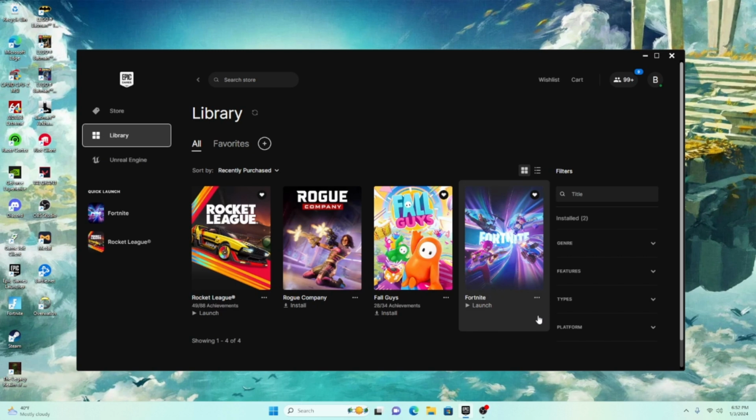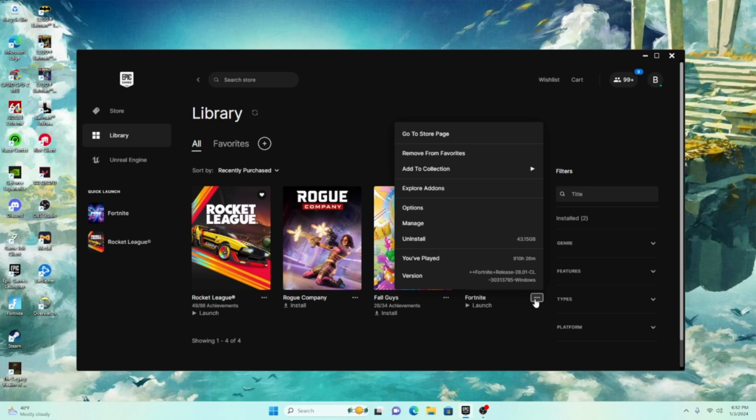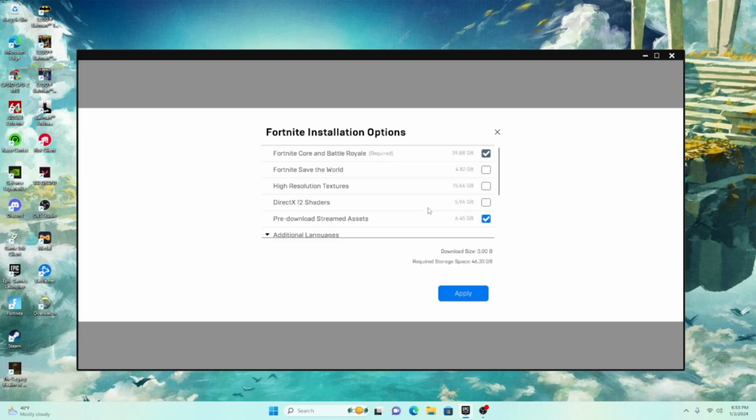Okay, guys, so once you're in the Epic Games launcher, you're probably going to want to go to the library. That's probably what most people are going to do. And you want to click on the 3 little dots, and then click on Options. Okay. This is where